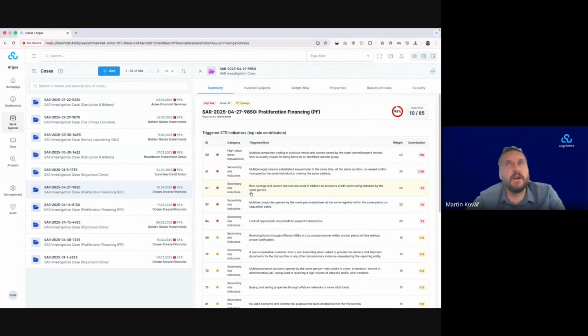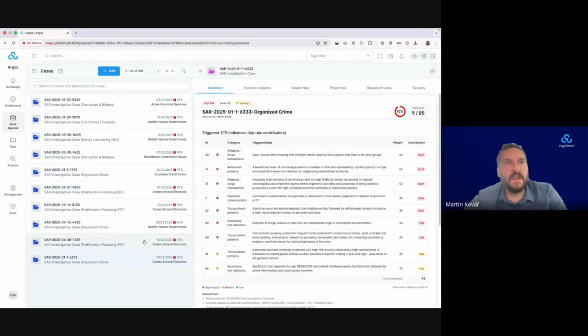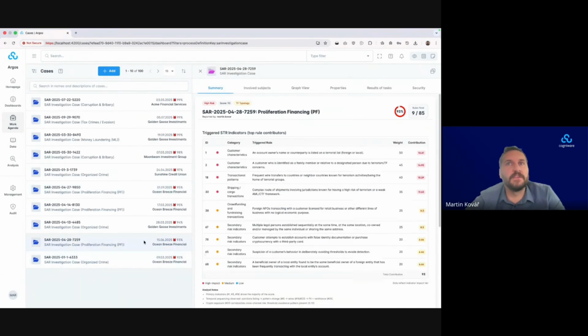We have defined 85 rules for this demonstration, which are not triggered for all cases. Some of the rules are triggered independently. You can see each case has a different set of rules that are triggered.